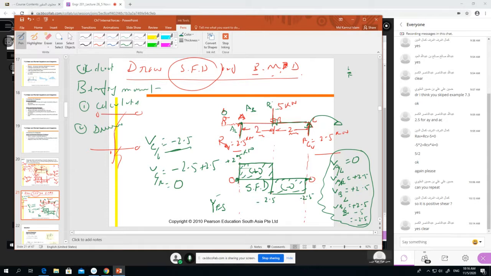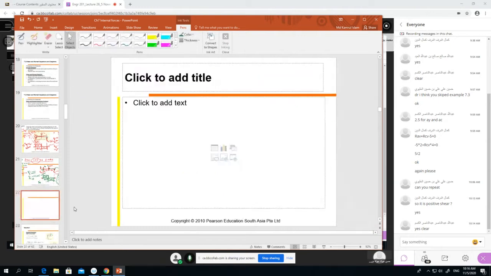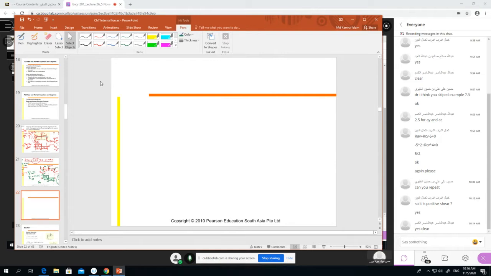So I show you now. There is no space, but no problem. I show you how to draw it. Both ways, I will show you two ways. One is the calculation and another is the straight way. So here was our beam. Our beam was like this. And we have drawn